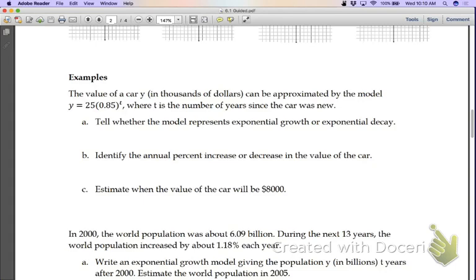One thing that you will need for this is, anytime we deal with growth, we're going to take whatever we have and take it to the x power. Whatever amount I originally start with,